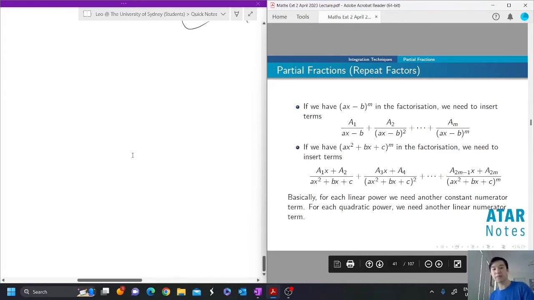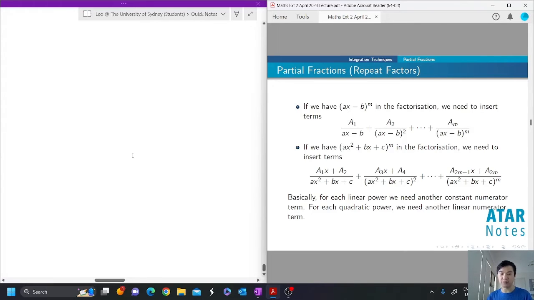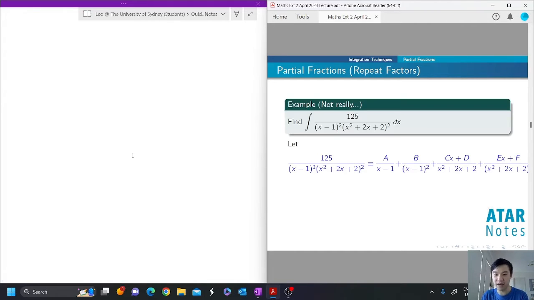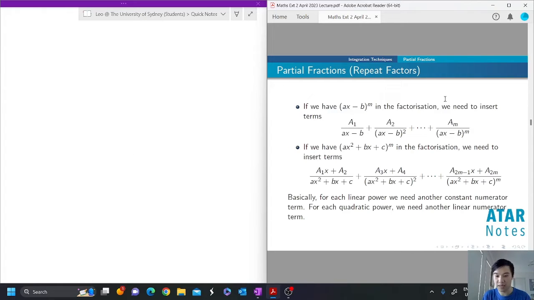So let's talk about what happens when we have repeat factors now. If you have repeat factors, what you have to do is, if we have ax minus b to the power of m in the factorization, you just basically add a sum of fractions that start with just ax minus b up to that power of m. So basically it's a bit confusing. What I'm saying is, if